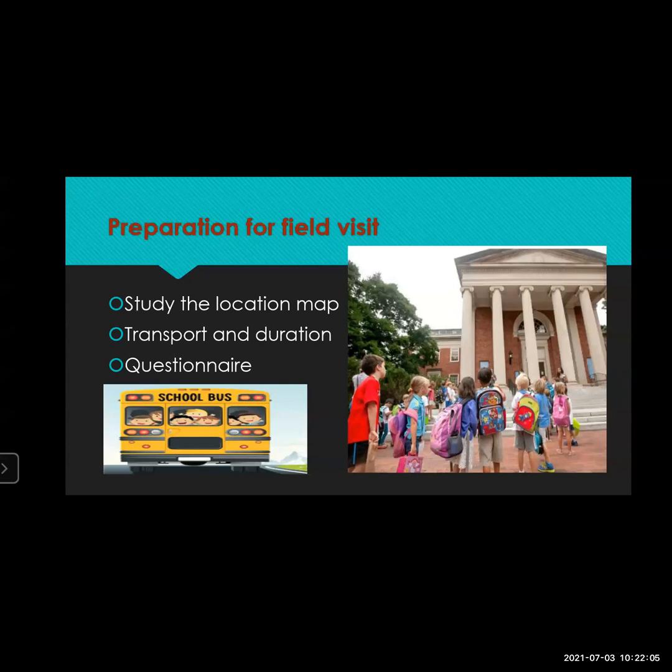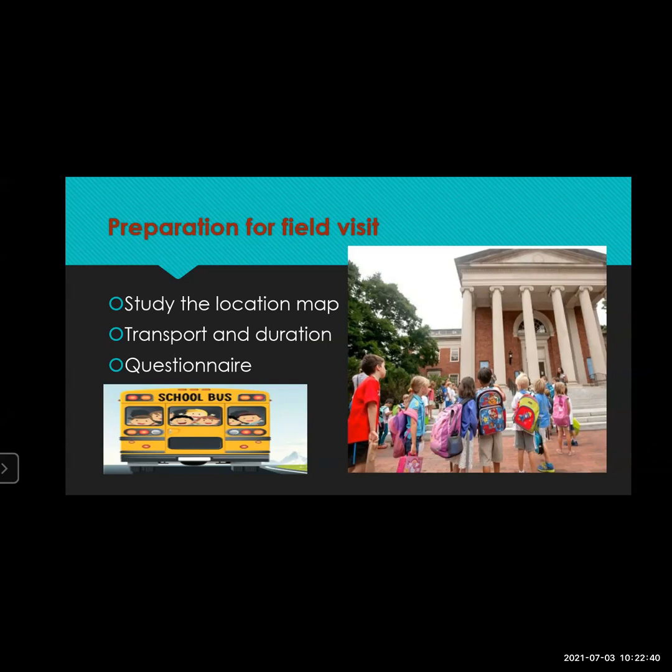Before going to the field visit, decide the place and the purpose of the visit. Simply you cannot go anywhere. Going into any market area is also a field visit, but just to go and roam over there and come back, this is not done. Where actually you're going and why you're going there, what sort of knowledge you're going to get, that is very, very important. Which element you will observe. So it is very important to decide the place and the purpose of the visit.